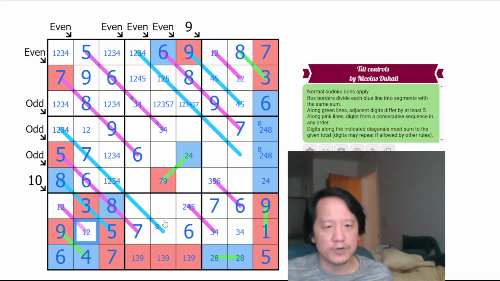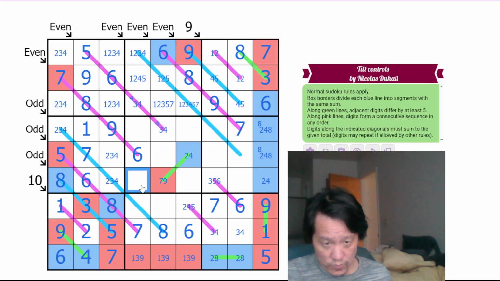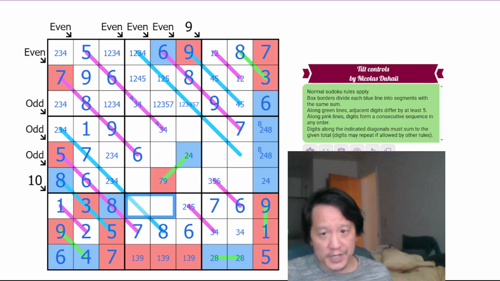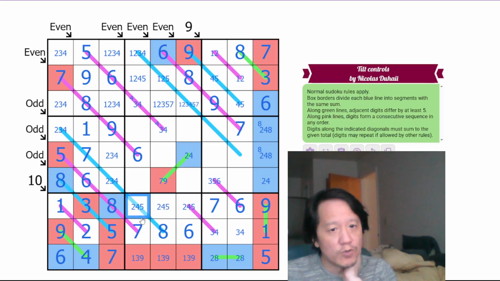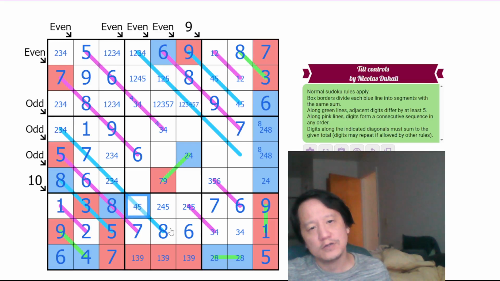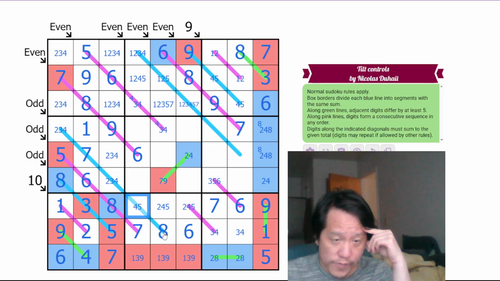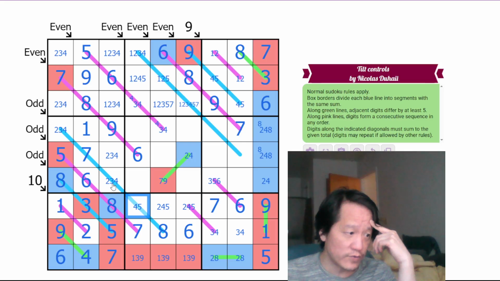1 eliminates 1 here, so this is 2 and 1. 2 eliminates 2 here, so that's 1. That eliminates 1 in the rest of the column and box. That leaves this as an 8. Remaining digits here are 2, 4, and 5 in box 8. Well, this can't be 8 and 2 because that adds up to 10, and that cannot be 1 or 2 here. So this must be 8 and 4, which adds up to 12, which would mean this is 2, 3